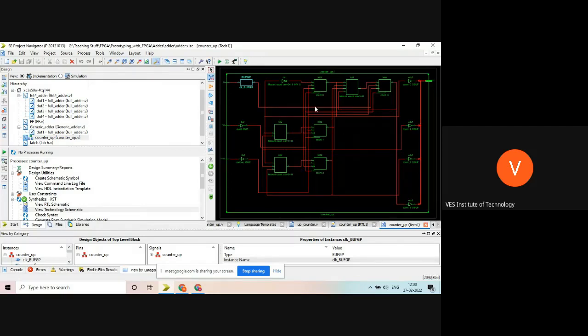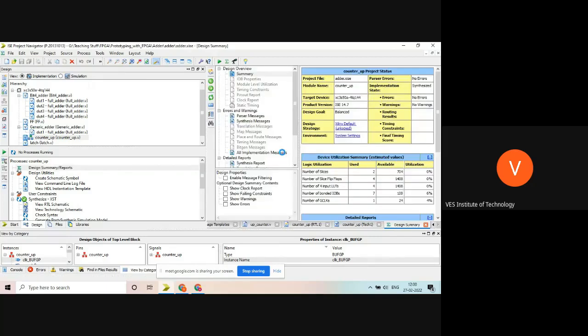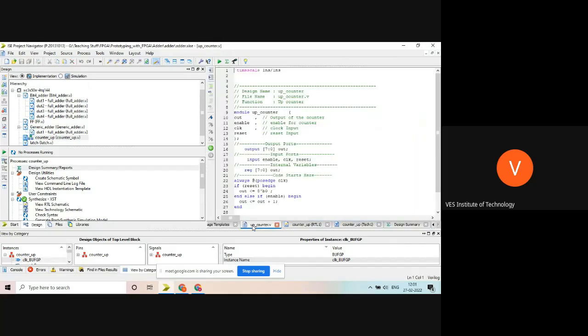You can see these are flip-flops and this is the summary report. The total number of slices is 4, slice flip-flops is 4, and input LUTs is 4. So a total of 4 lookup tables and 4 flip-flops are used, as we are creating a 4-bit counter.